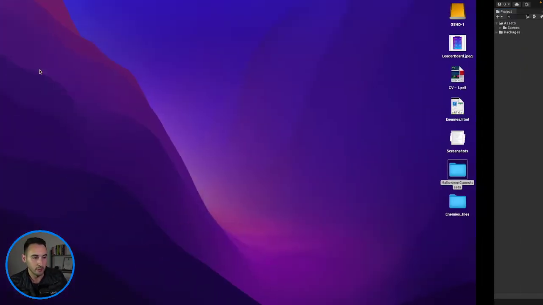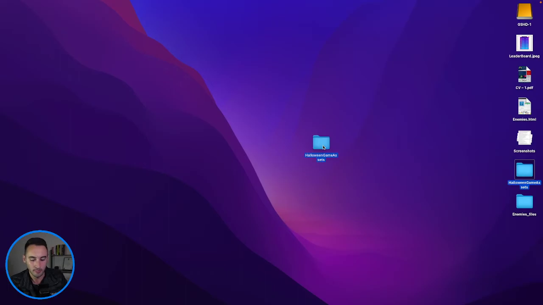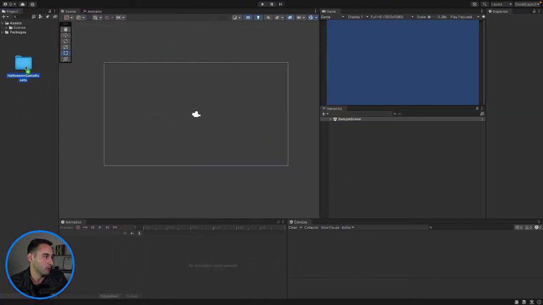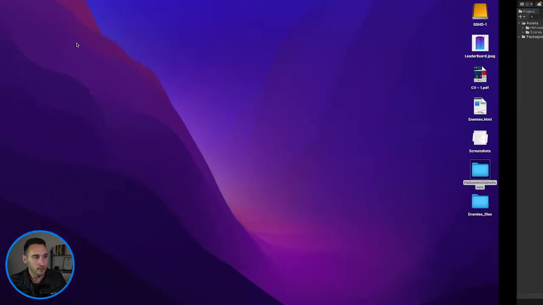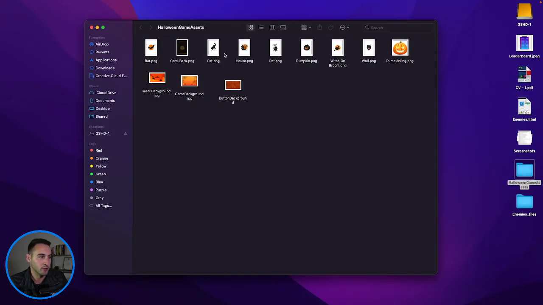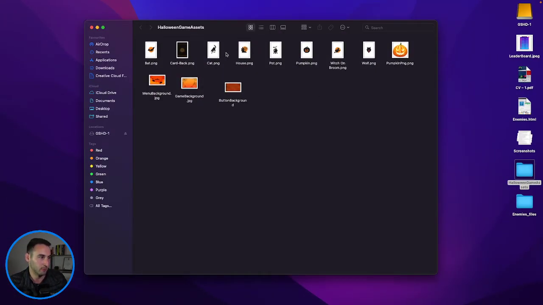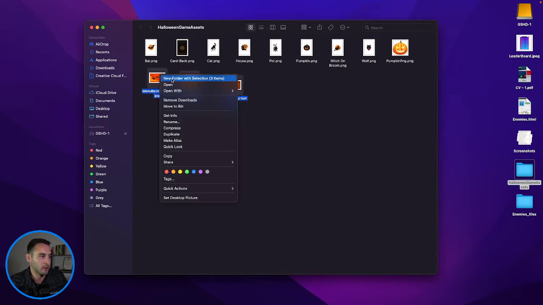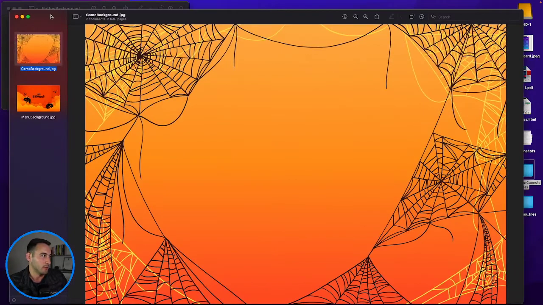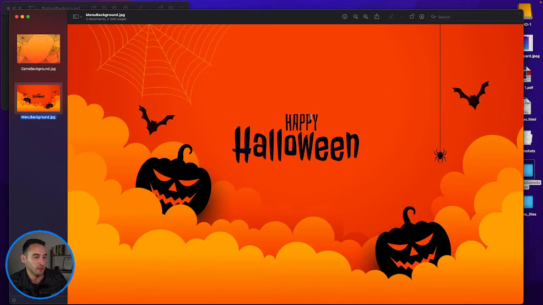First thing I'm going to do is go to my desktop and simply drag in the folder with all our assets on. So in here, I'll show you quickly. It's just got a bunch of pictures on it. I don't know if you can make this bigger, but we've got some backgrounds here that we're going to be using. So that one is going to be for our